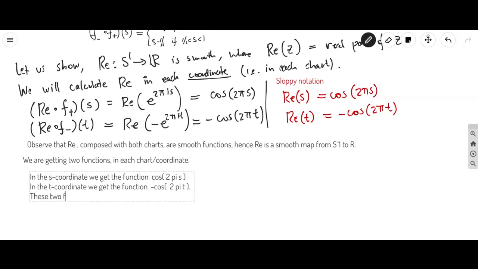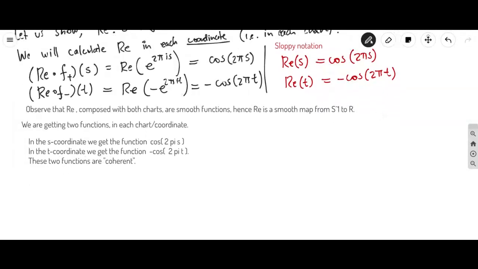So these two functions are coherent. So what does it mean to be coherent? Well, what it means is that we have a function, let's call this function f. Maybe I should not call it f plus. So we're going to do it maybe the rigorous way first, and then we'll do it the more informal way that makes it easier to understand. So the formality here is that you have